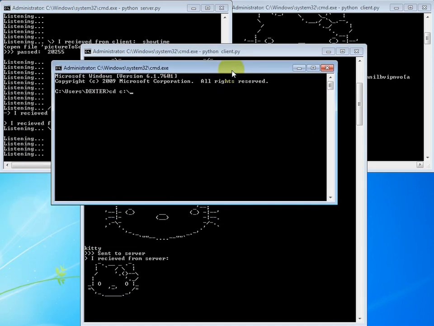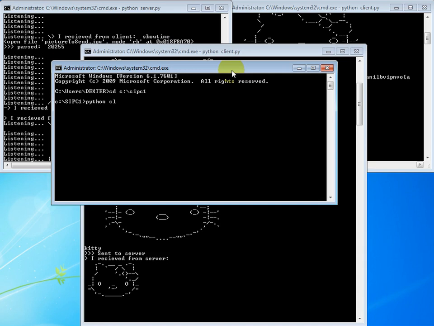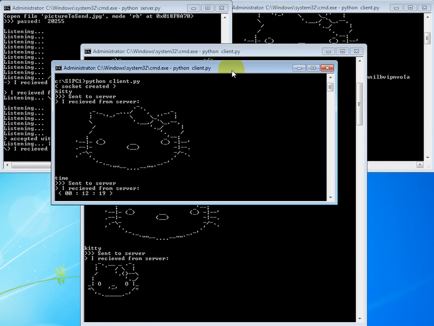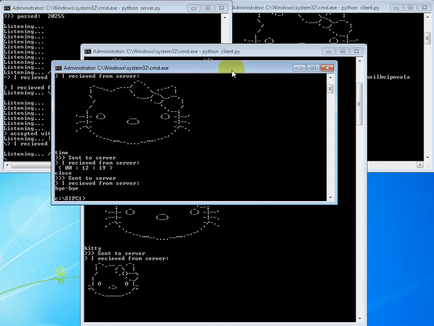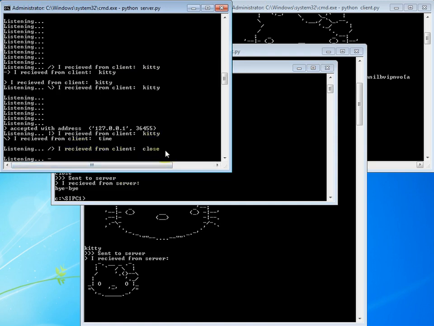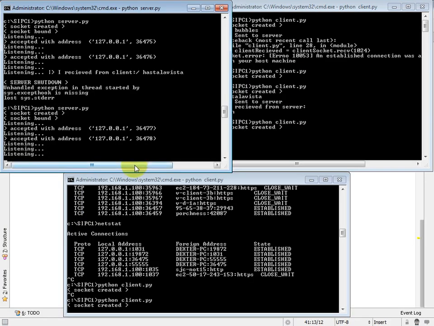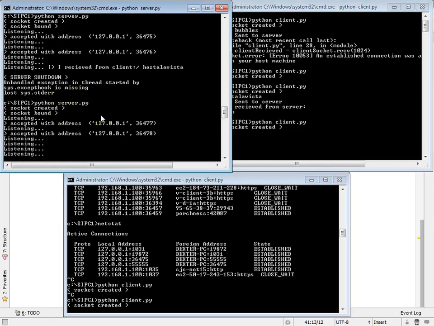So cpc1, then Python client.py. So the new socket was created. We can verify it, and one more, and now we should close the connection, sending the function close, received from server by byte. So the server also received the function by close, and this is what we received, the by, and actually the socket was closed. Okay, actually we also connected once again two clients, client 1, client 2 at these ports,